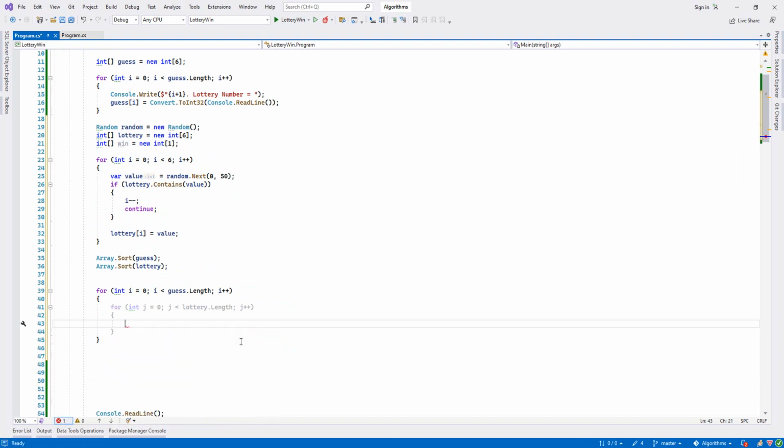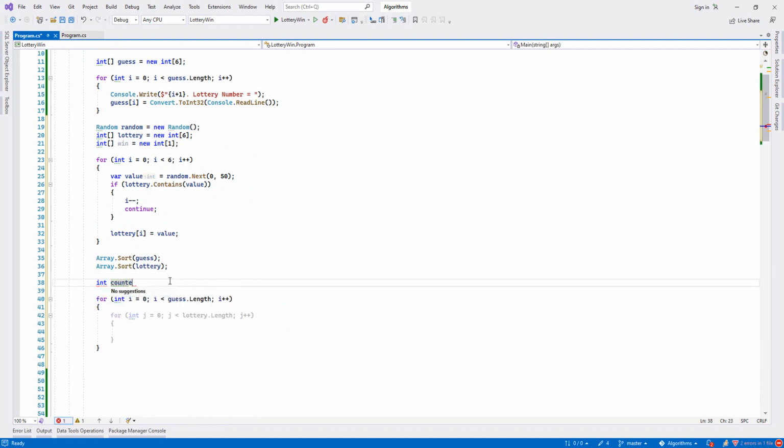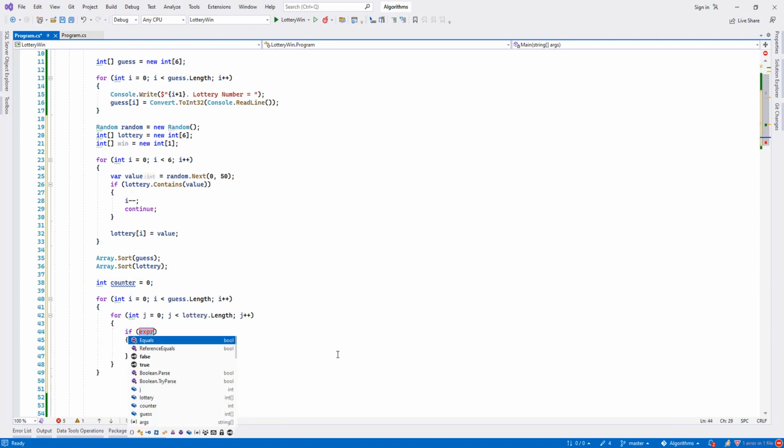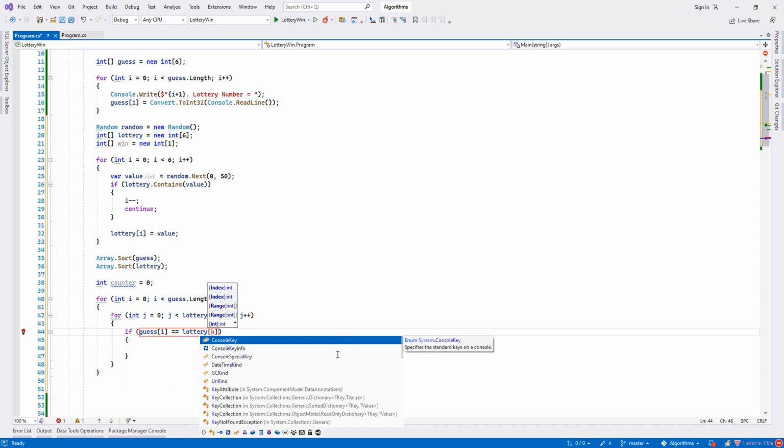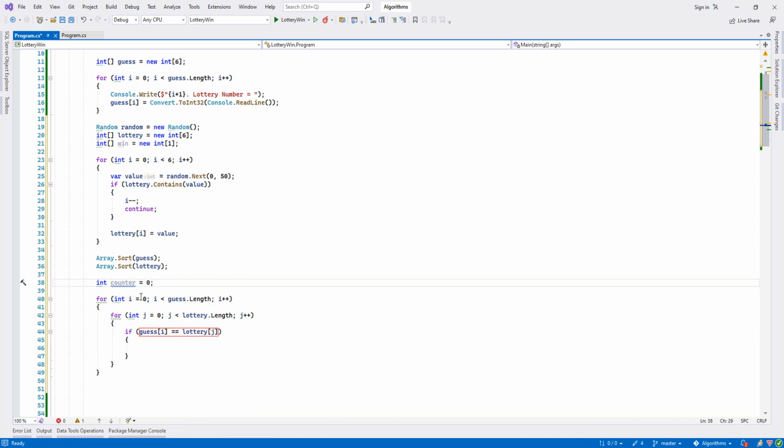So here we'll also create an integer as a counter. I say int counter, I will set it to 0, and I will say if guess I equals lottery j. For example, if our I is 5, it will go through the entire lottery from 0 until 5 as a length, and it will use it as a condition. It will check it. If it is equal, then we will increase our counter, and beside this one